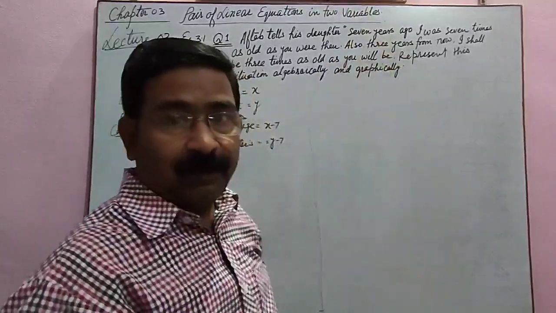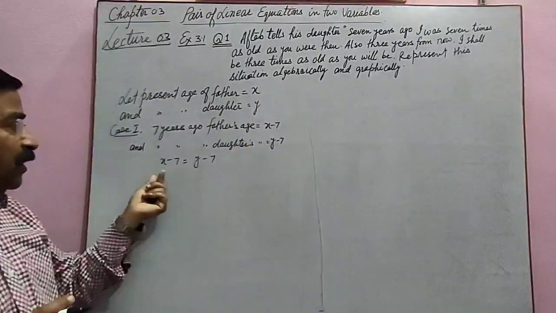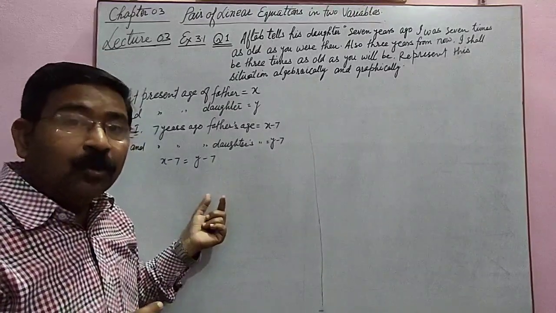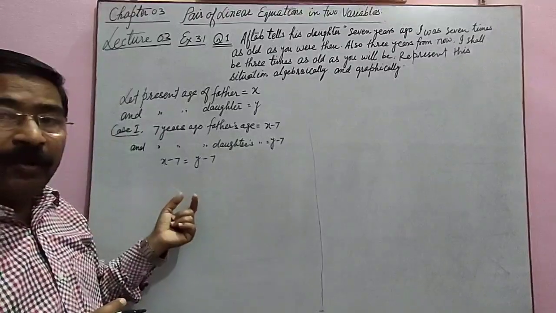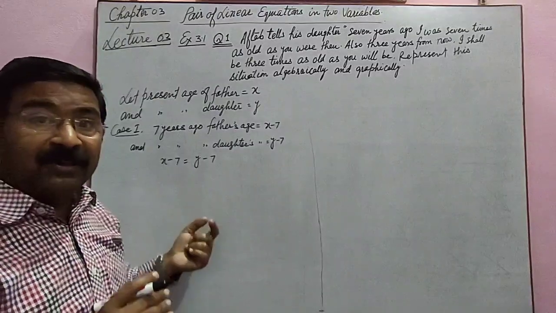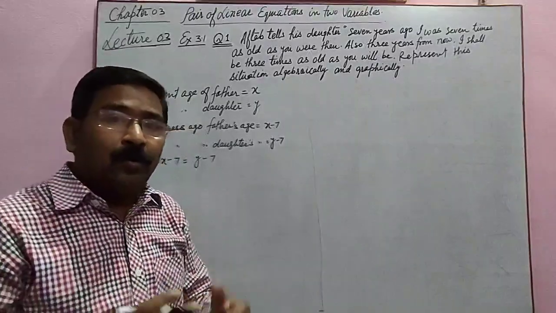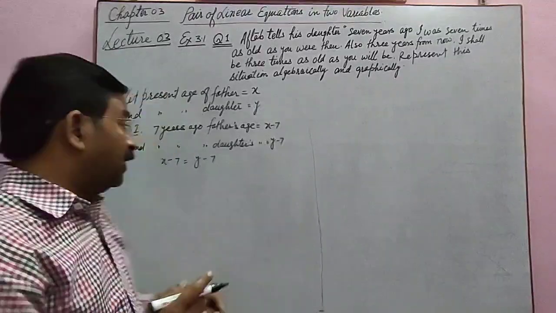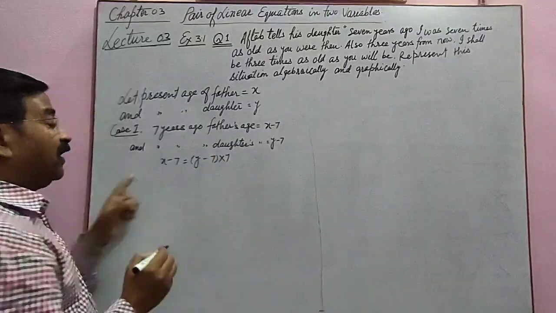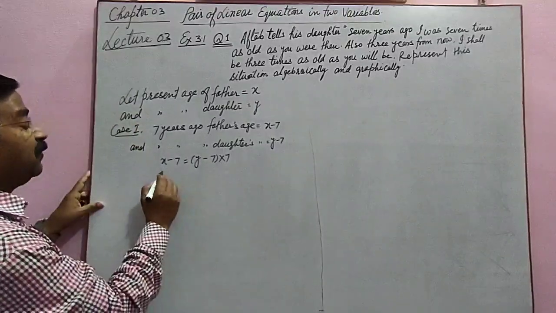Now let's see. Father was 7 times. Here I have written an equal sign between their ages. So are the ages of daughter and father equal? No. So to make them equal, what to do? Either you can divide the father's age by 7 because it is 7 times, or you can multiply the daughter's age by 7. So whatever you think is easier you can adopt. I am multiplying the daughter's age by 7 because father was 7 times. I have made daughter's age 7 times. So let us simplify.